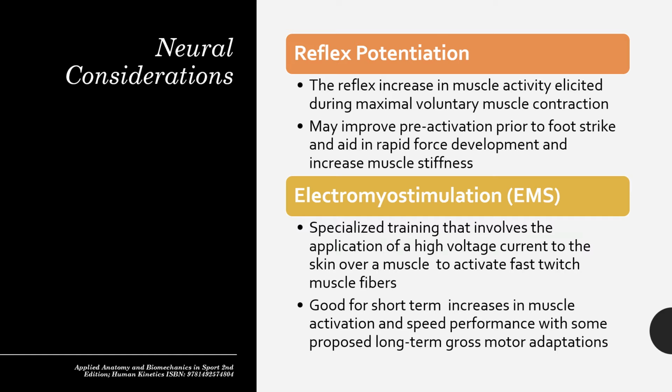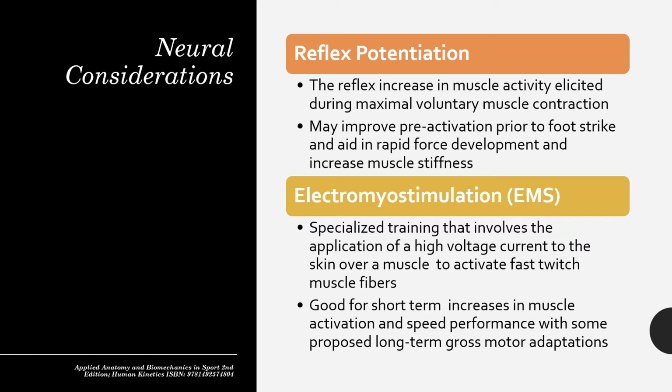So usually the way we try to improve reflex potentiation is to try to improve pre-activation, particularly in sprinting prior to the foot strike. So having that big eccentric load. We talked about this a little bit with plyometric training, where you have the eccentric loading phase, your amortization phase that transitions you from eccentric to concentric contraction, and then concentric contraction, so what we're doing with that foot strike. This is going to allow for us to have rapid force development and then increase muscle stiffness and ultimately have the best muscle contraction for speed development.